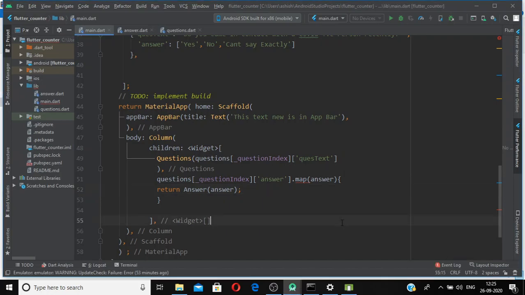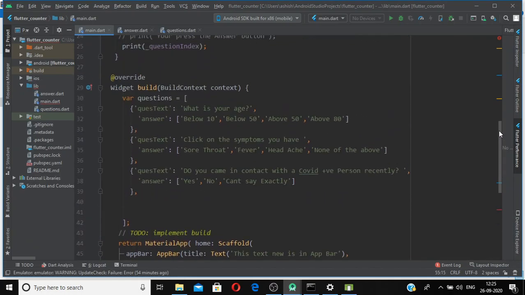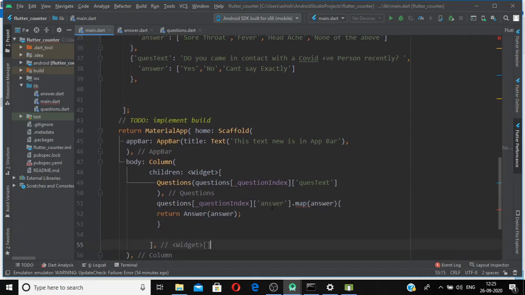We will have this error because the dot cannot infer that this is a list of strings. So we need to explicitly tell it that this is a list of strings.